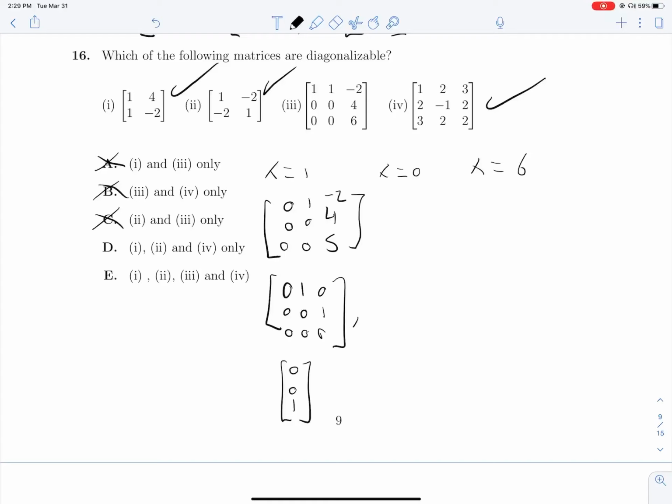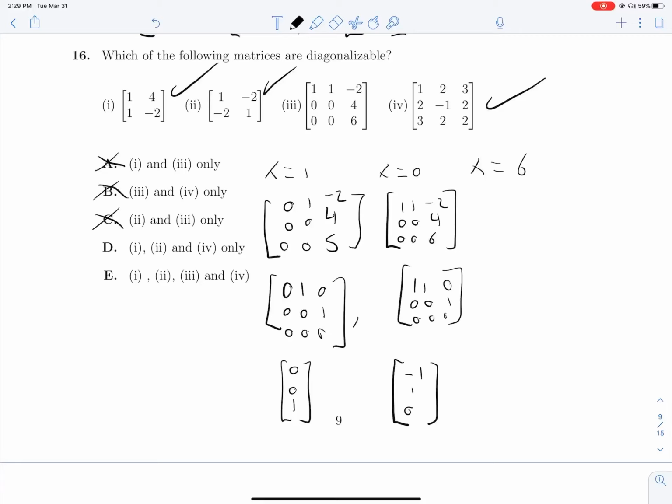So next, if we take lambda equals 0, we'll have 1, 1, negative 2, 0, 0, 4, 0, 0, 6, which is row equivalent to 1, 1, 0, 0, 0, 1, 0, 0, 0, where x2 is free. And so we will see that we get a vector negative 1, 1, 0 out of that. And now finally for lambda equals 6, we will end up with